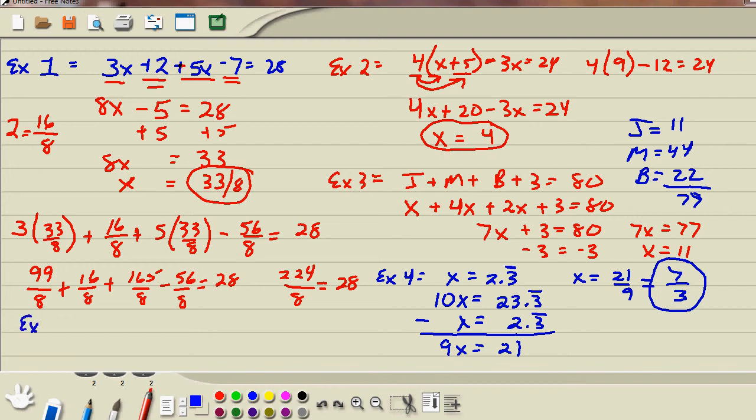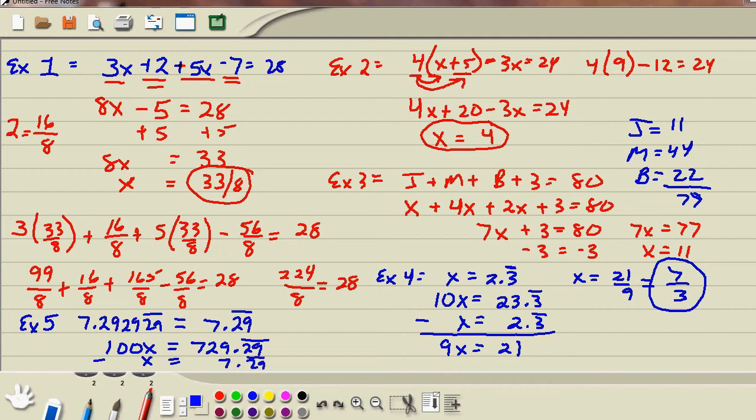What happens if I have one that's out to the hundreds place or even further? If I had 7.292929 repeating, that's the same as saying 7.29 repeating, and we need to convert to fractional form. This time we're going to multiply it by 100 because we're in the hundredths position. So it's 100x = 729.29, still repeating. I'm running out of room, but I subtract my original,